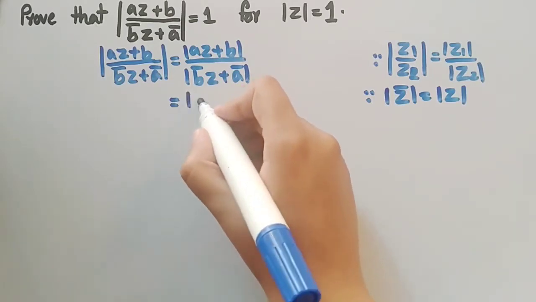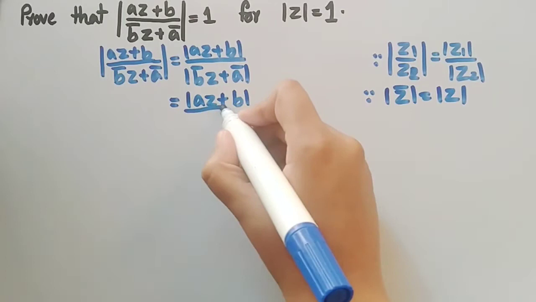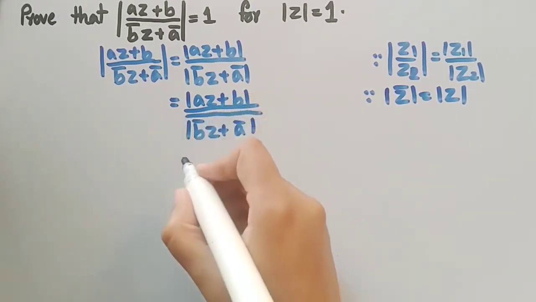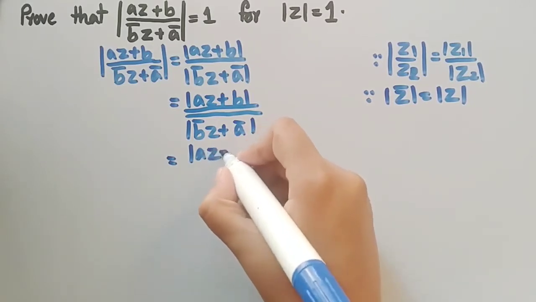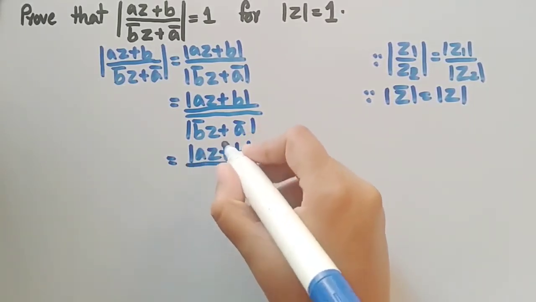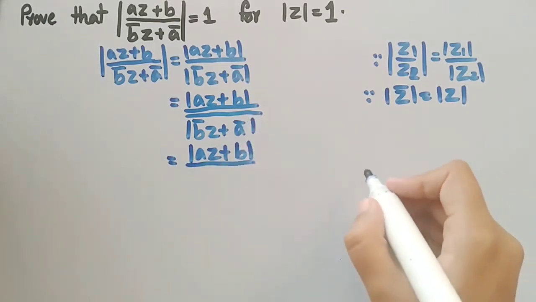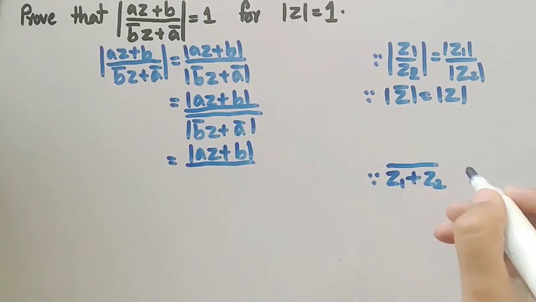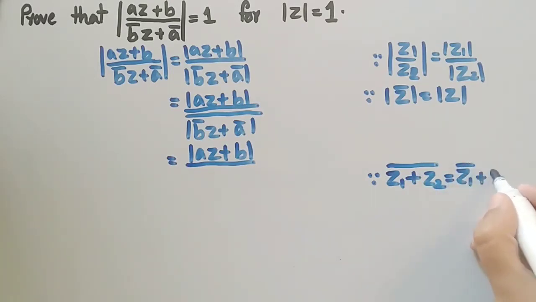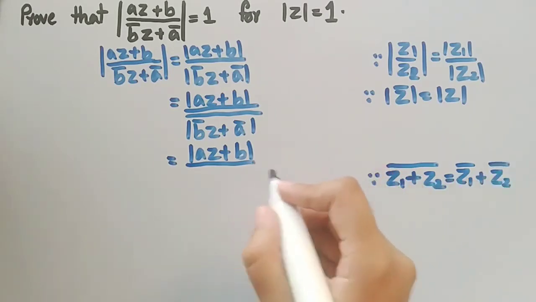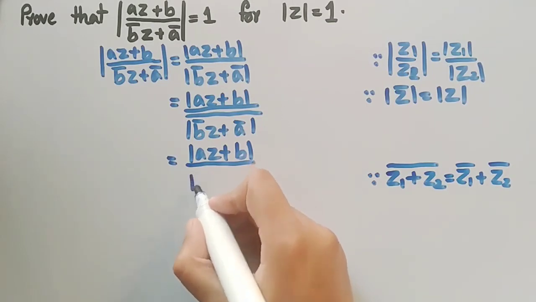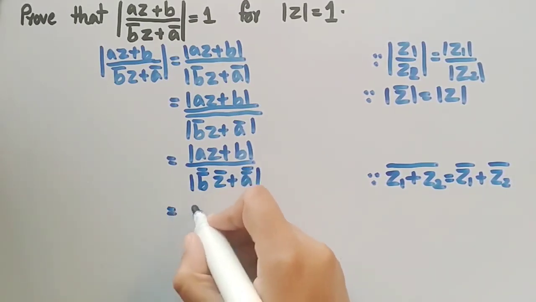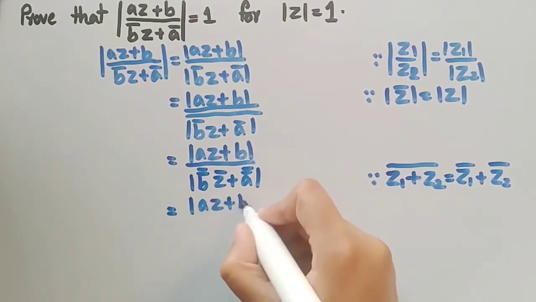So we can write it as mod of (az + b) divided by mod of ((b conjugate z + a conjugate) whole conjugate). And it is equal to mod of (az + b) divided by, in the denominator we will use the property that for any two complex numbers z1 and z2, (z1 + z2) whole conjugate is equal to z1 conjugate + z2 conjugate. By using this property, we can write the denominator as mod of (b double conjugate z conjugate + a double conjugate), which is equal to mod of (az + b) divided by